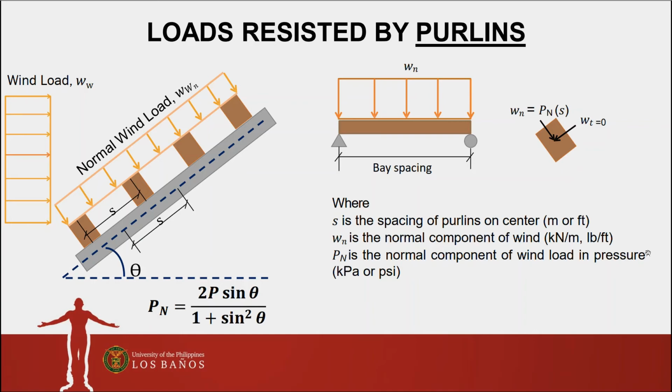Okay, so the normal wind load will be equal to Pn multiplied by S, where P sub n is the normal component of wind load and pressure, multiplied by the spacing of the purlins. Okay, so for wind load, kindly remember that we only consider the loads normal to the surface of the roof. Okay,